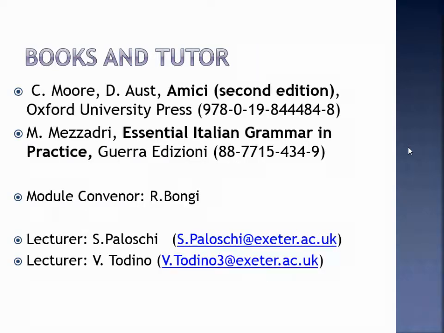So, in terms of the books that you will need to attend your classes, you will have to provide yourselves with a copy of Amici, second edition. You have all the details on the screen. It's a Moore Ost book published by Oxford University Press, and you also have the details of the actual code that you will need to order the book. And then we would also like you to buy an Italian grammar, which is called Essential Italian Grammar in Practice, published by Guerra Edizioni and